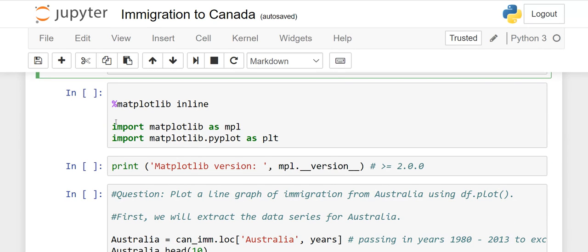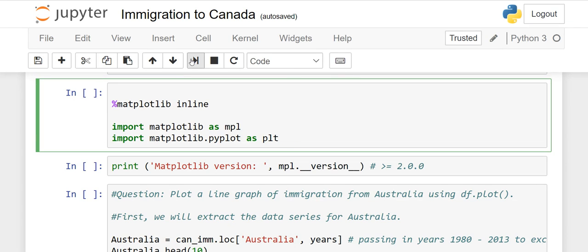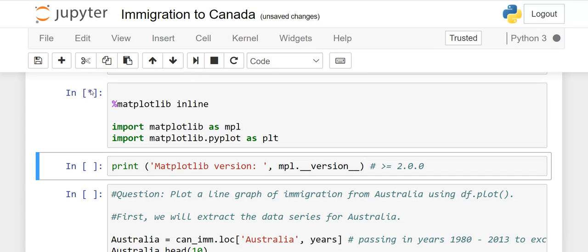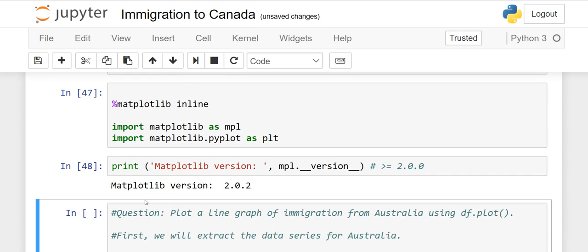We have to import matplotlib as mpl, and import matplotlib.pyplot as plt, for plotting purposes. And this is the magic function. A magic function always starts with a percent sign. So percent matplotlib inline. When I execute it, it is done successfully. If you want to check the matplotlib version, you have to write down this syntax, and it is 2.0.2. The matplotlib version is there.